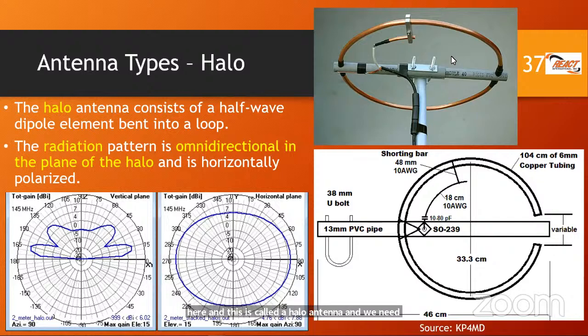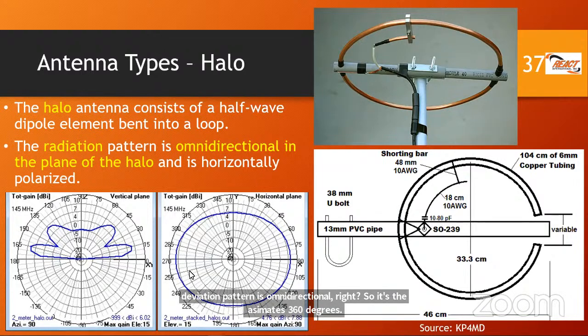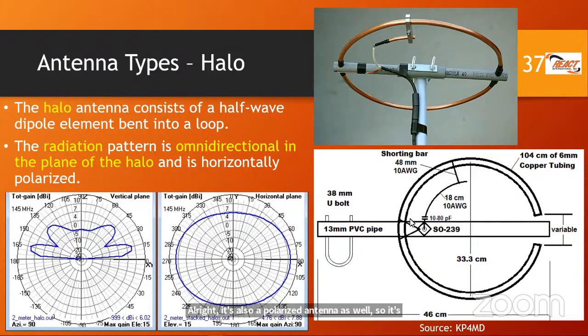And we need to know for the exam that the radiation pattern is omnidirectional, right? So the azimuth is 360 degrees. And if we look at it here, we will see this is the radiation pattern of the antenna, right? It's also a polarized antenna as well. So it's horizontally polarized. So here's a diagram if you want to construct one. This is a construction diagram here. And you also have what it actually looks like, right? That copper tube that's bent. And you have the radiation pattern. So folks, that is